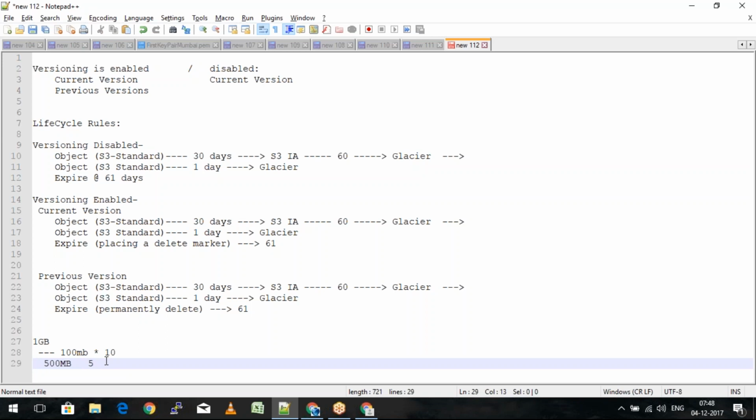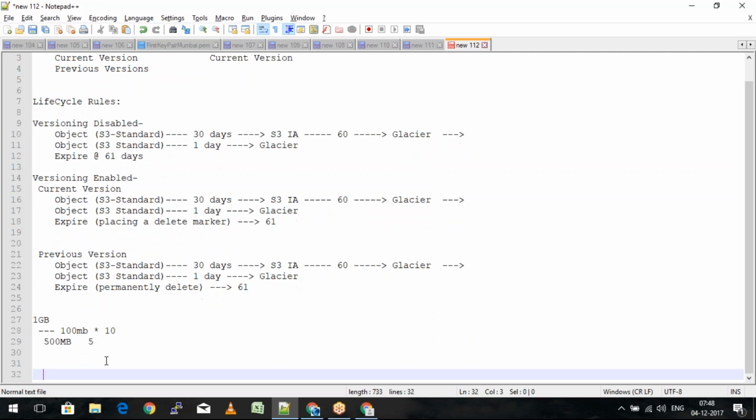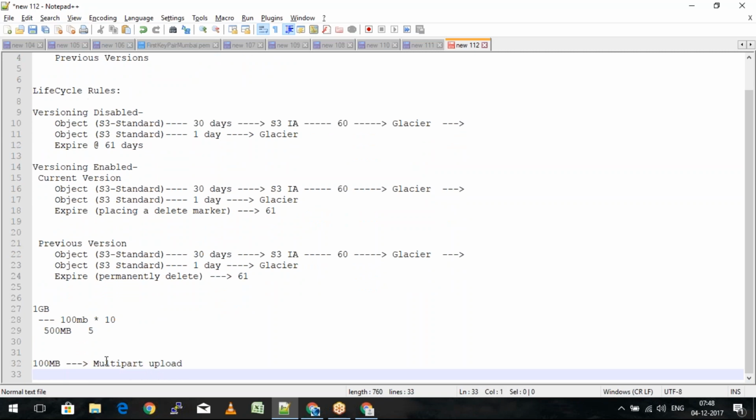Amazon always recommends that if the size of the file is greater than 100 MB, minimum 100 MB, that is a recommendation from Amazon. So if you're trying to upload any file greater than 100 MB, just start using multi-part upload, because with any size greater than 100 MB, sometimes it becomes difficult if you have problems with the internet, the power, or the network. So for any file greater than 100 MB, the recommendation is to divide it into parts, and then we will be able to easily